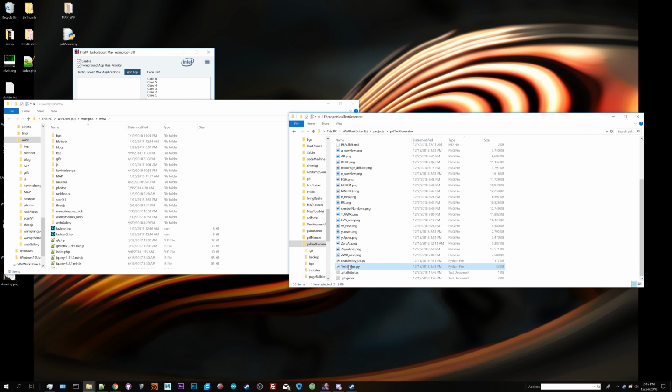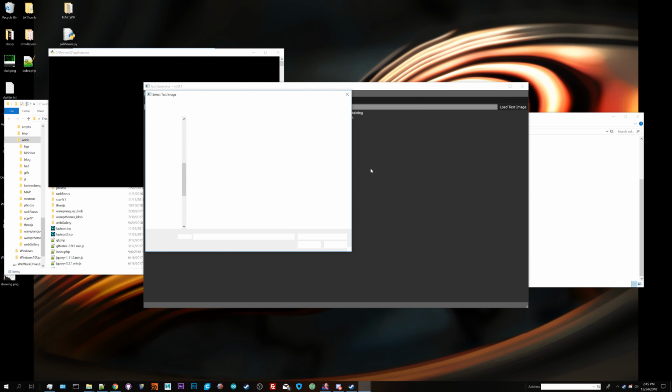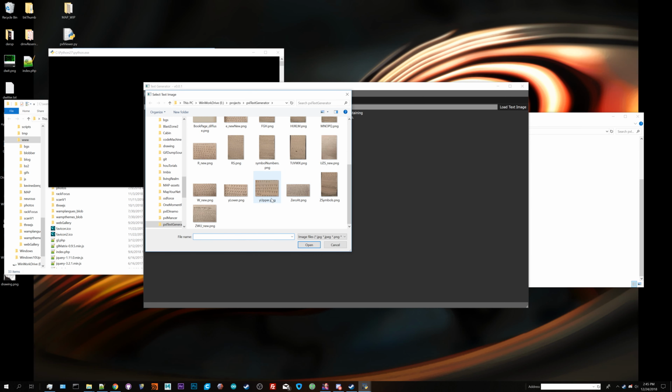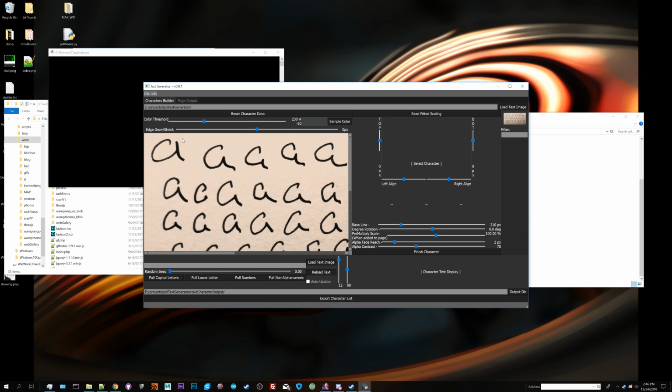All right, I just wanted to go over the current state of my text generator. If I double click on the Python script, it'll load up in a nice little window. All it's looking for as input is photos of images with writing on it. So if I grab, just for the sake of it, the A, and load it up, you'll notice there's